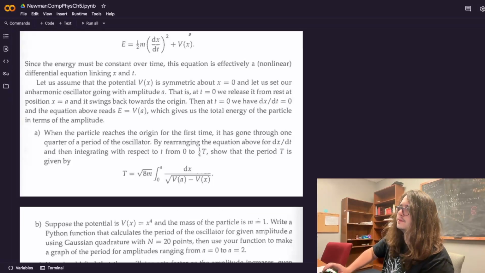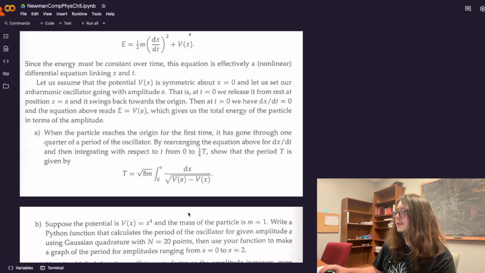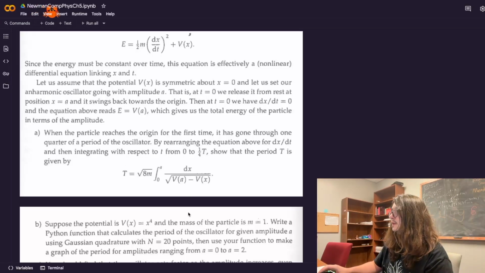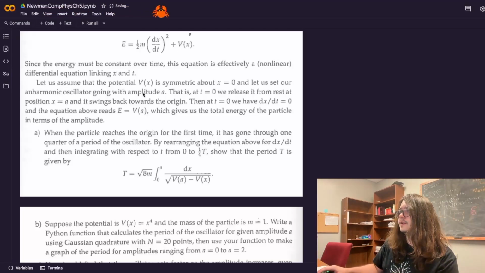Alright, silly people, here's the situation. We're going to be plotting the period of anharmonic oscillators given an amplitude for an anharmonic oscillator. But first, we have to do a proof, and it's going to start with this equation for energy,